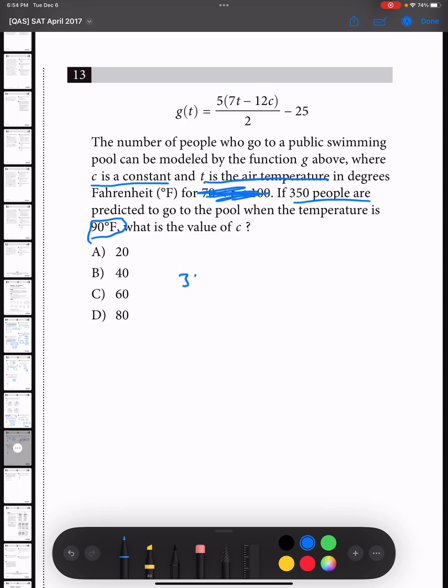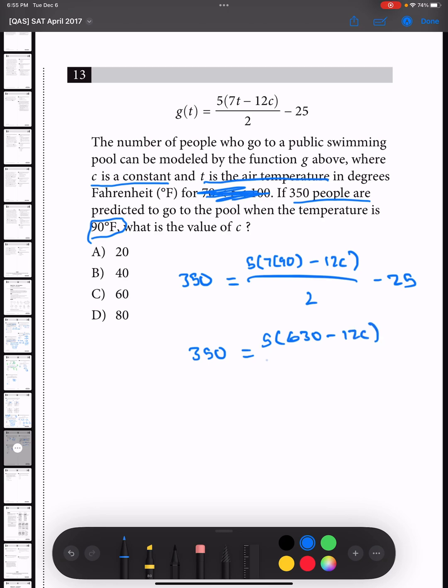So g of T is equal to 350, which means 350 is equal to, and then we know that T is going to be 90. So 5 times 7 times 90 minus 12c, over 2, minus 25. So 350 is equal to 5 times 630 minus 12c, over 2, minus 25. So I'm going to simplify this equation. We get 375 on this side by taking the negative 25, and then we can put the 2 to the other side too by multiplying, which will leave us with 750 is equal to,